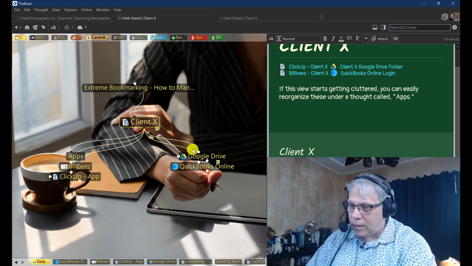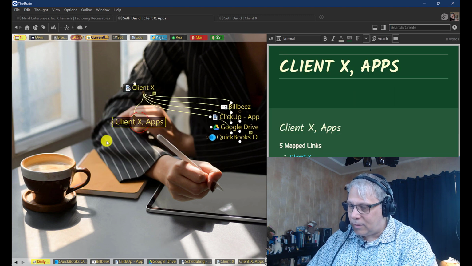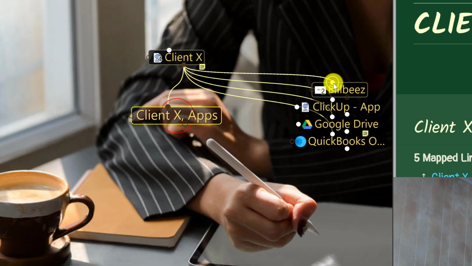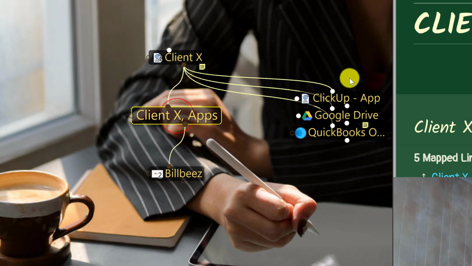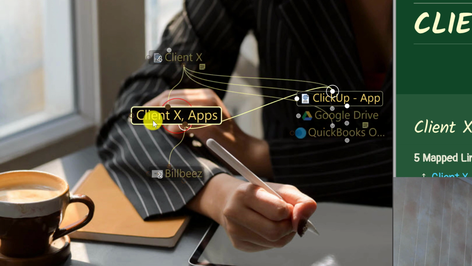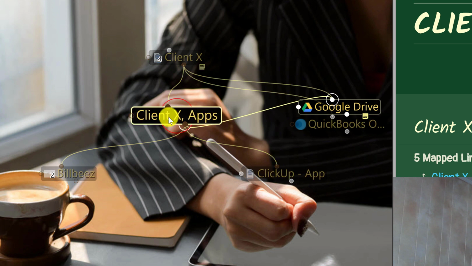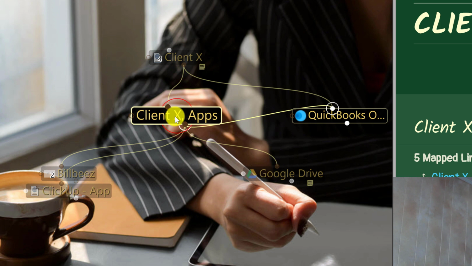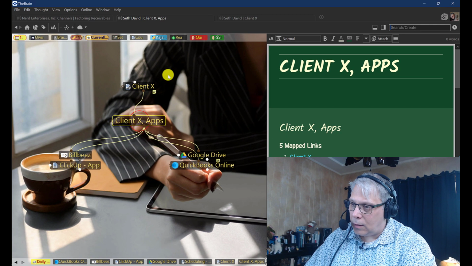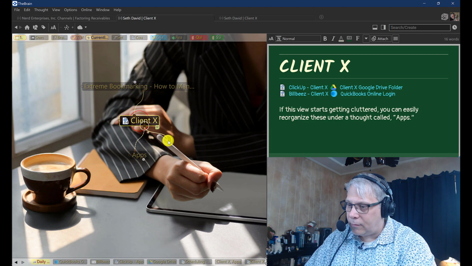Now, watch this trick. What I can do next is I can click here on Client X apps, and if I hold down Shift while I click on any of these parent nodes, these are called nodes, click and drag, it will permanently move that thought under here. If I don't hold down Shift, it will have it linked in both places, right? But this is a really quick way that I can get these moved underneath Client X. Okay, and now Client X has a section for apps,